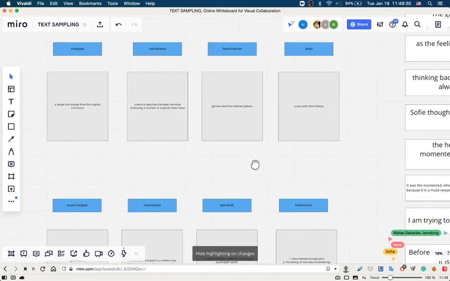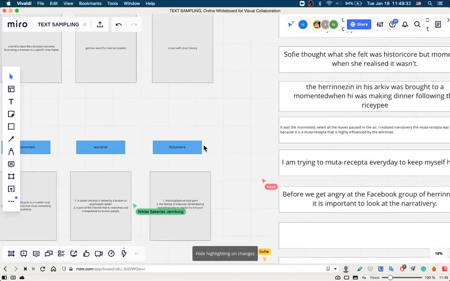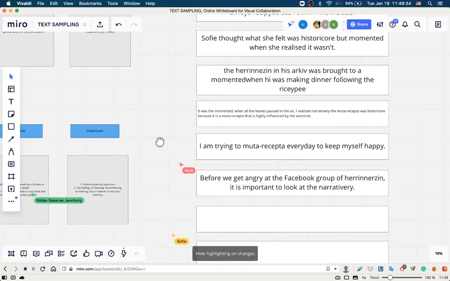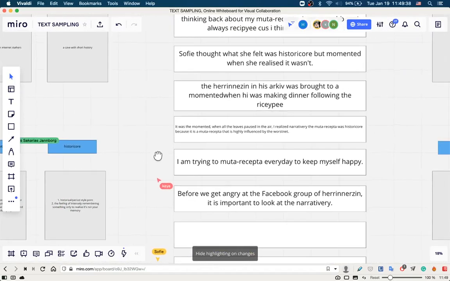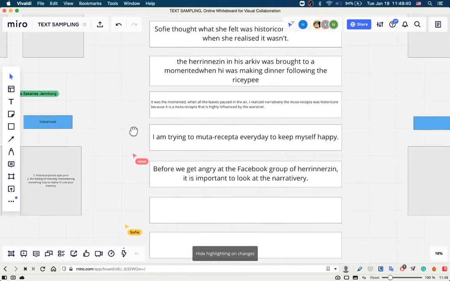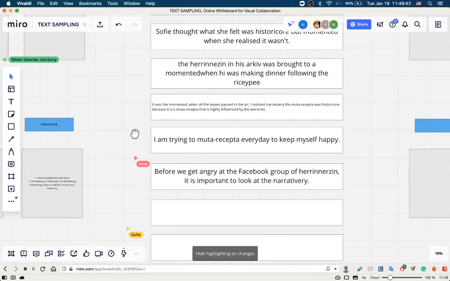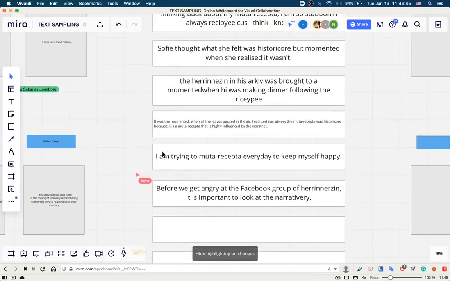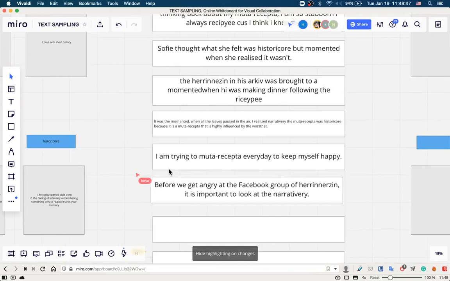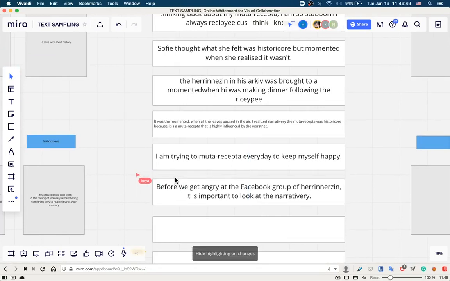Following the... Oh wow, Nicholas, you used so many of them in that one sentence. But it's not such a good sentence. I'm a little confused by it, but